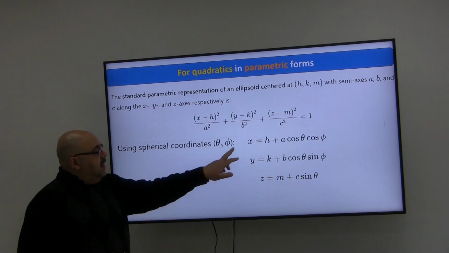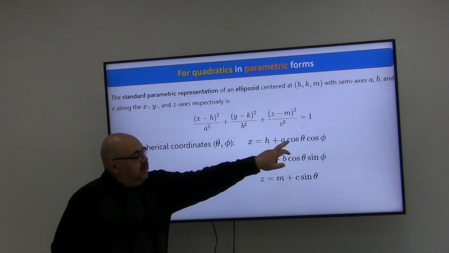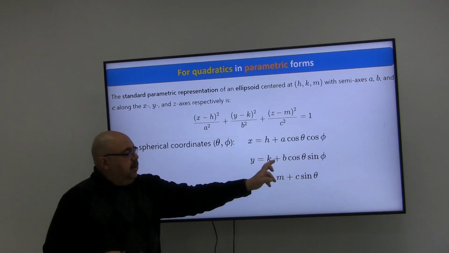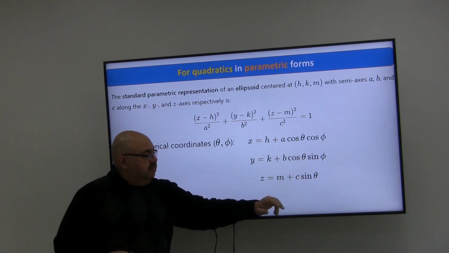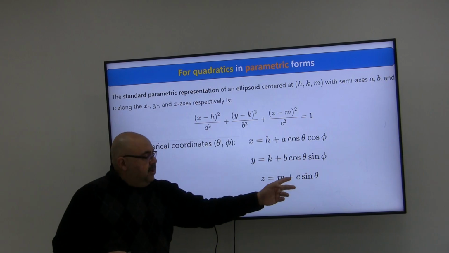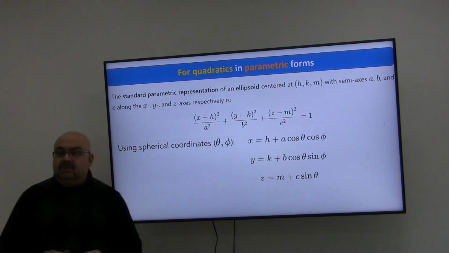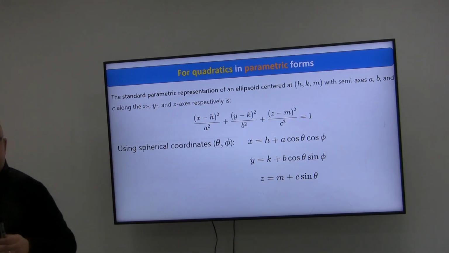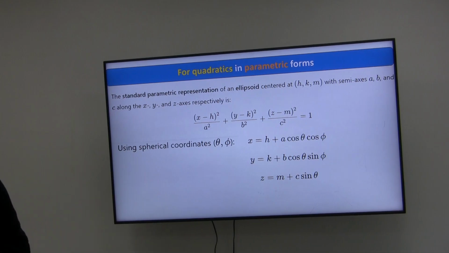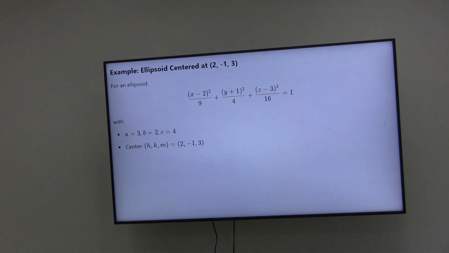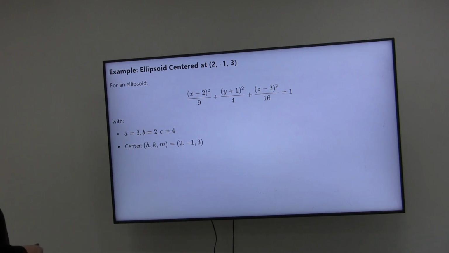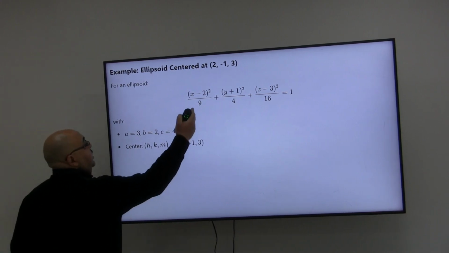So x is going to be h plus a cosine theta cosine phi. y will be k plus b cosine theta sine phi. And z will be m plus c sine theta, as you can see. It's a link between the spherical coordinates and the parametrization. That's for an ellipsoid, as you can see. Okay, for this guy, it's a direct application. The center is 2, -1, and 3. I have the radii, which are 3, 2, and